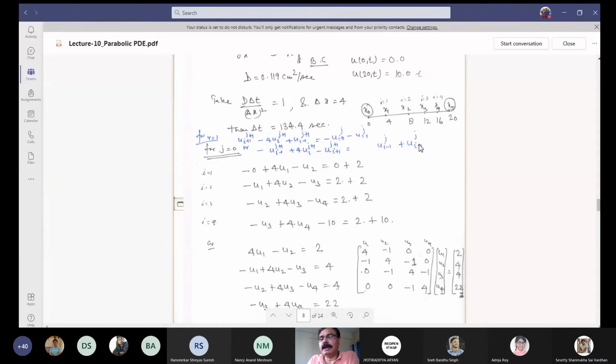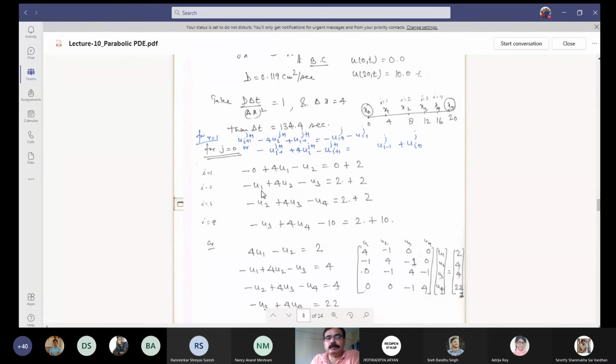And then this will be your u21. That value you have already calculated at the previous stage, which is written here also. So at this stage you have got that value, and you put that value here. Is that right? Yes, sir. Is the first equation clear? Yes. Write down the second equation.